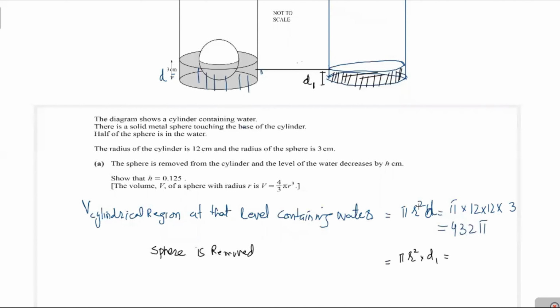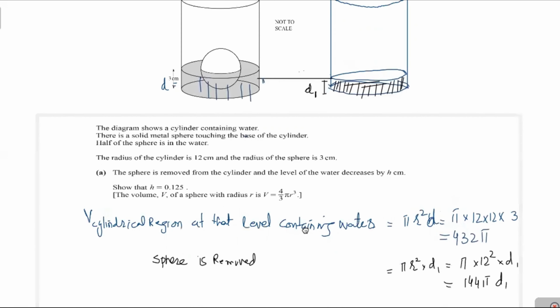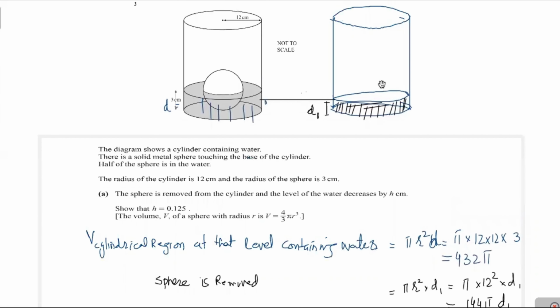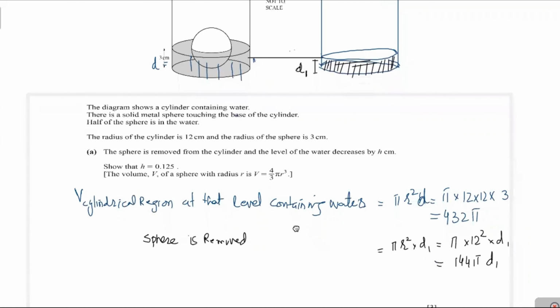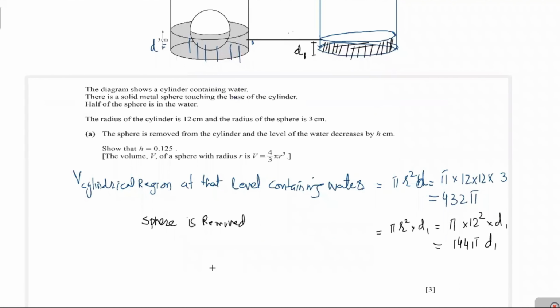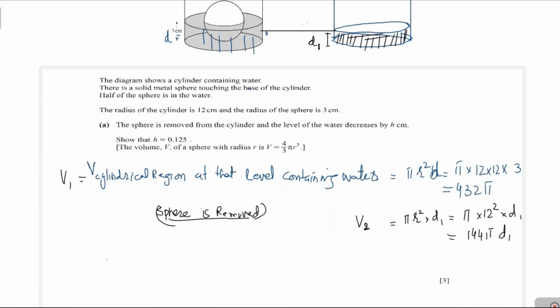Now you see here the r is 12. Now we write it 12 square into d1. That's value equal to 144 pi into d1. Now you see here this drop level volume: when we take the difference of the volume of the cylindrical region containing water with sphere and without sphere, the difference of this volume will be equal to the volume of sphere. Difference of V1 minus V2 will be equal to the